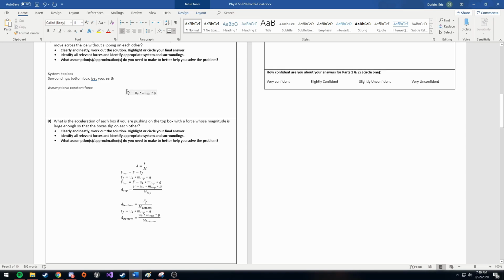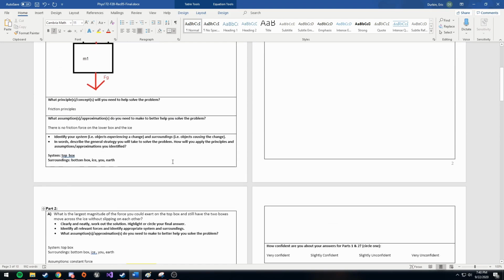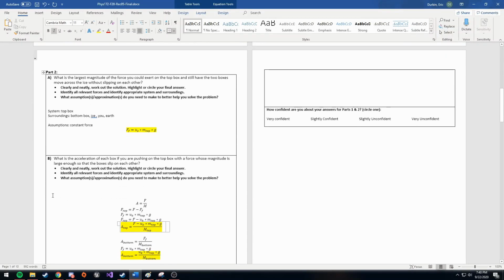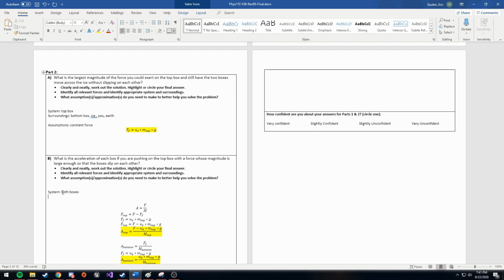Oh, by the way, we have to highlight and circle the final answer. Did we write down system and surroundings? It's the same thing. Oh no, never mind. It's different. Well, there's two parts to this. So I'm going to put both boxes, and then the top as the system, and then the surroundings, I'm going to put the top box. It's going to look weird, but...